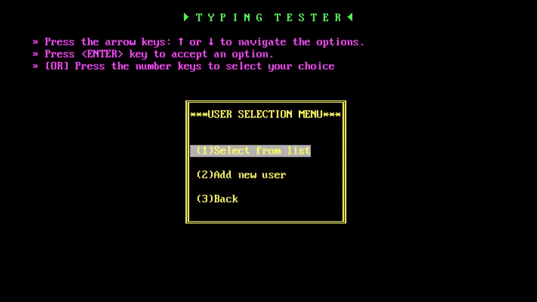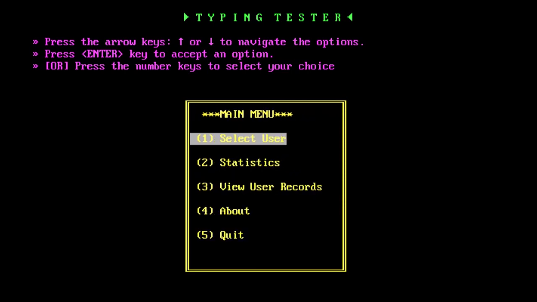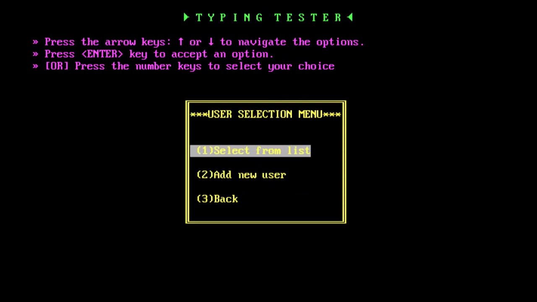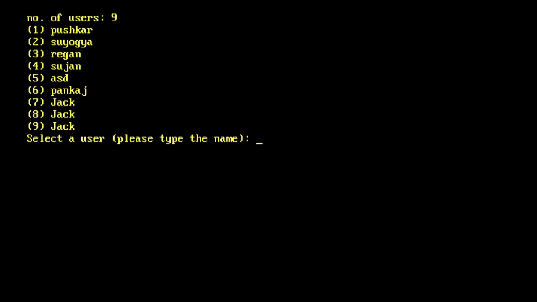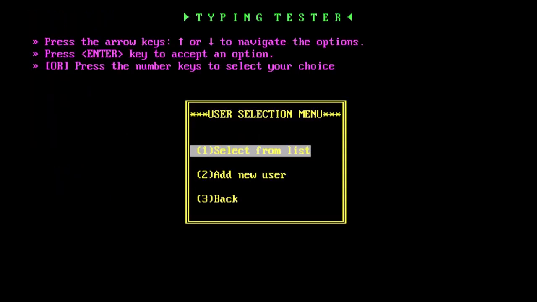When we execute the program we will get this same interface, and we can select any option from the five. I want to select user, enter, and you can also select from the list, or create a new one. As I select 0, it says invalid number, pressing okay.